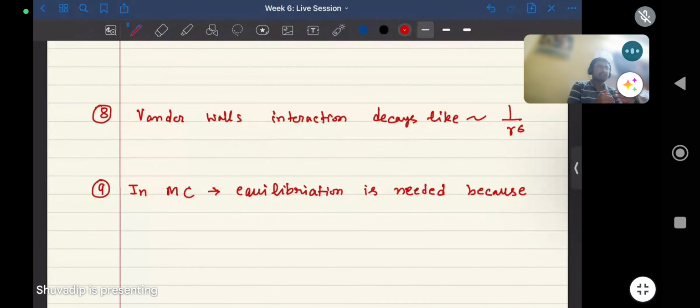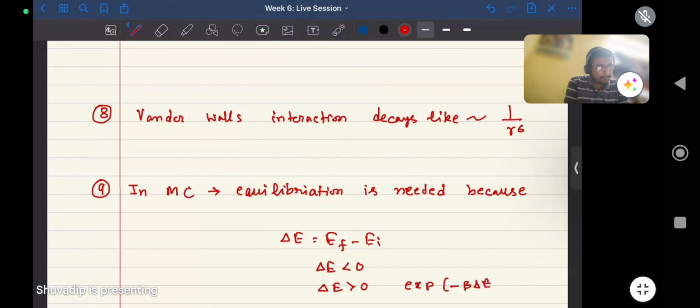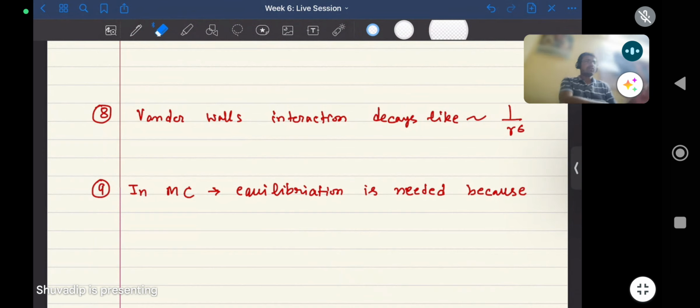We calculate the energy difference, final minus initial, delta E, which is EF minus EI. If delta E is less than 0, we accept that move readily. If delta E is greater than 0, we accept that move with the probability exponential minus beta delta E. So this is the scheme of Monte Carlo simulation, and we start with any random configuration and then we perform these kinds of moves, and we believe if we perform a sufficiently large number of moves, you will reach